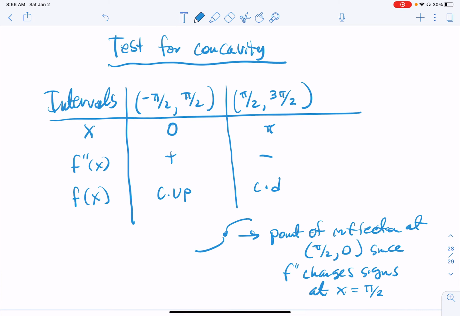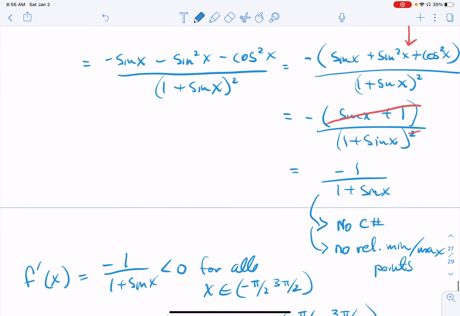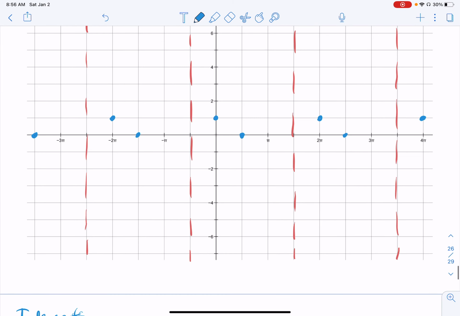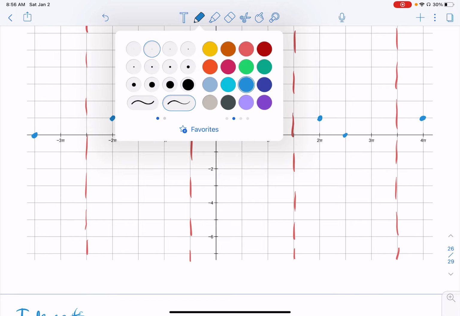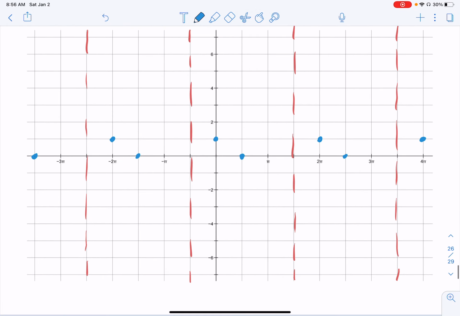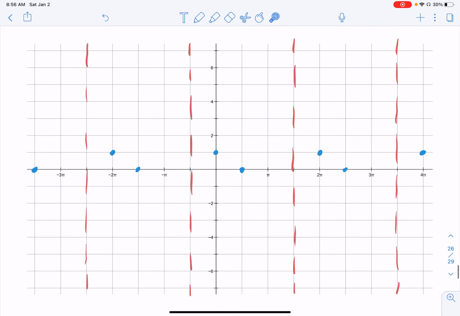All right, I think that we now have enough information to graph this thing, as if we couldn't have figured out what the graph looked like before. So in each one of these little intervals, it's always decreasing. And on the left side of this pi over 2, it's got to be not only decreasing, but concave up. This is a point of inflection. And then concave downwards from here. So it should look sort of like the cotangent function here. And then just duplicate that. Just make yourself an ink stamp